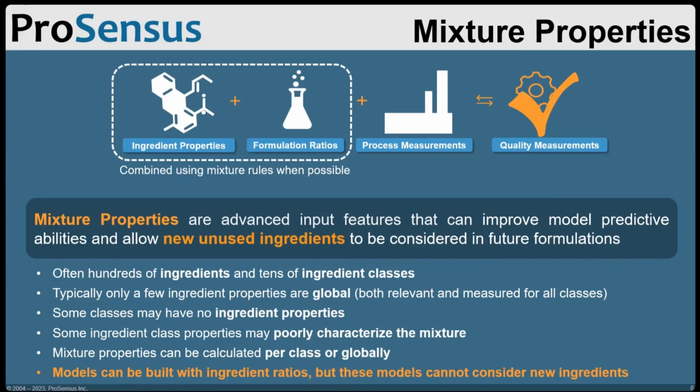Generally you can use, for example, the ideal mixing rule, but we have other ones configured in FormuSense for you to try. This is important because when you model with mixture properties rather than with individual ingredient ratios, you can then consider new unused ingredients during simulation and optimization. While this is important, it is actually generally the most difficult part of gathering these data sets, having